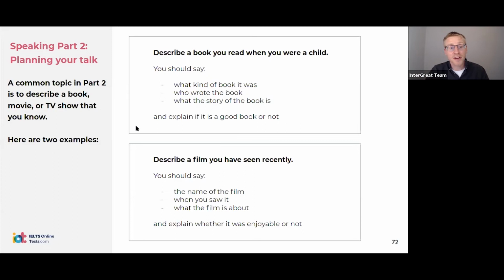Max, if the examiner has read the book before, it doesn't matter. Even if you're lying, it's not important, okay? And we'll look at how to answer this, even if you don't know the author or the director. And we'll look at how to start this in a moment.